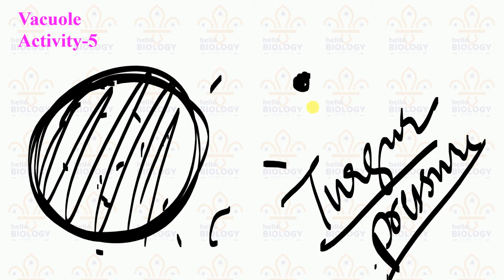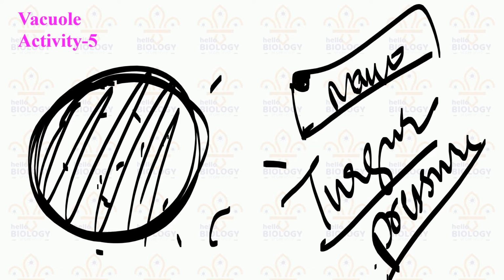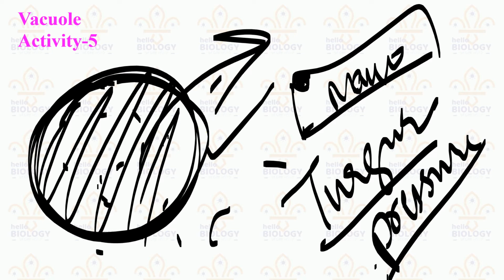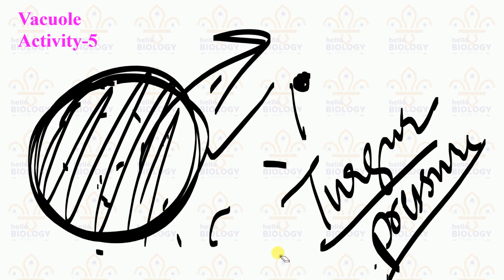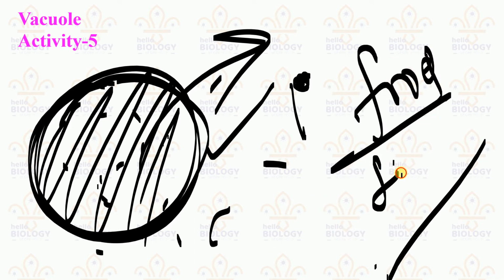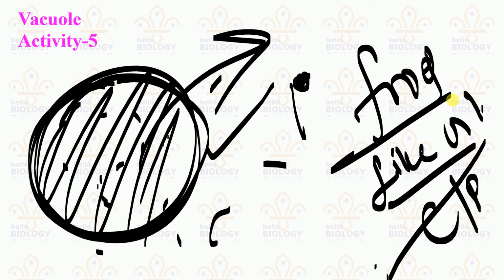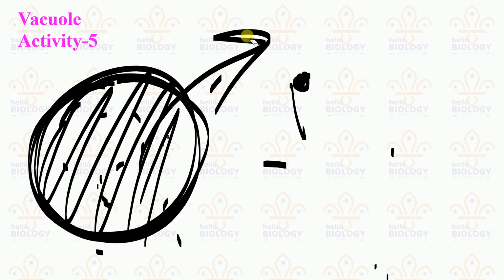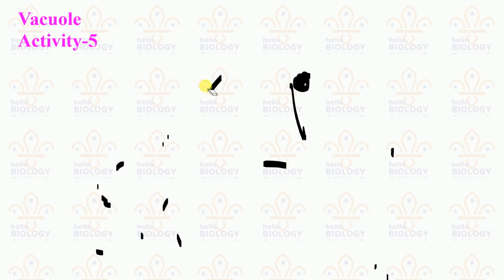For example, if you see a mango leaf, it is very tough. Why? Because the toughness is maintained by the presence of these vacuoles. There can be many vacuoles within the cells. These export waste metals from the cell to outside of the plant body. So vacuoles are not only helpful for storing food materials like oils, carbohydrates, proteins, and lipids; whatever food is important is stored in the vacuoles.